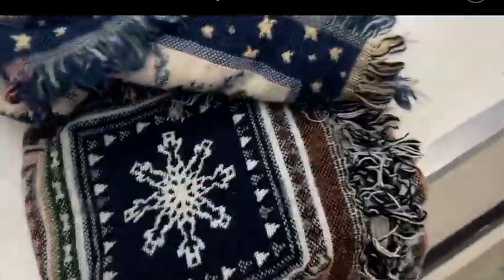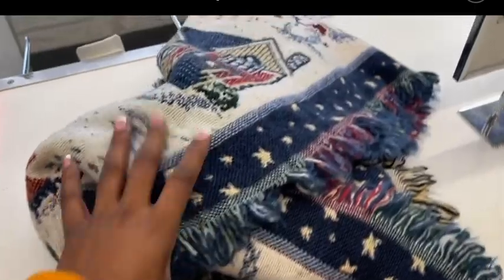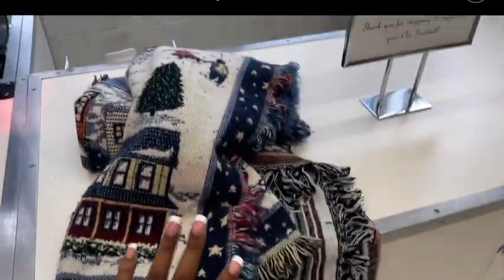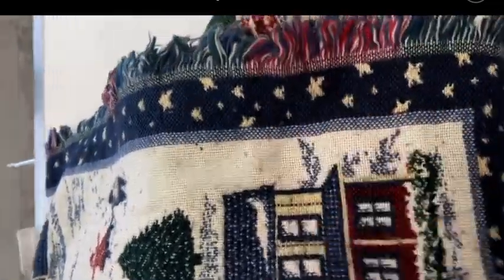So excited. I literally need these in their Christmas themed. So perfect, right? So gonna turn these into the viral carpet pants. Stay tuned. Put these into the